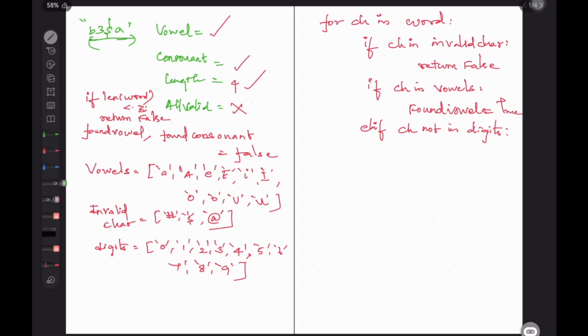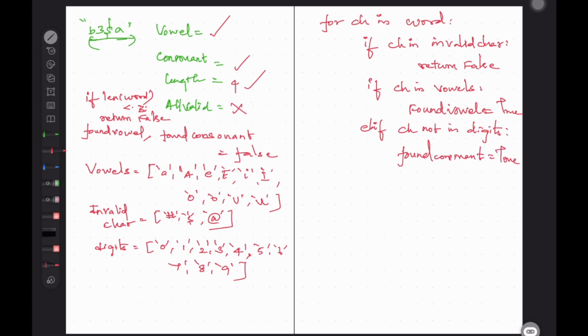First it would have checked whether it is a vowel. If no, then it will check if it is not in digits. If it is not a vowel and not a digit, then it must be a consonant. We don't need a case for whether it is in digits or not, so we are just checking that it's not in digits. Then we can set found consonant equals true.